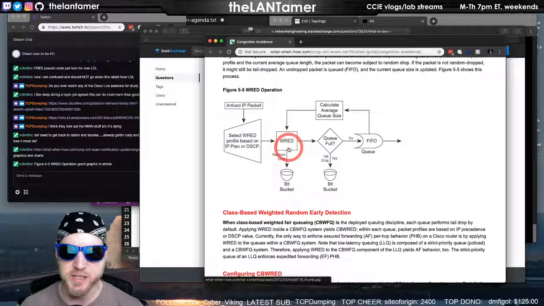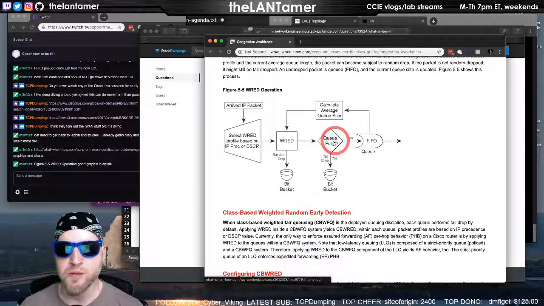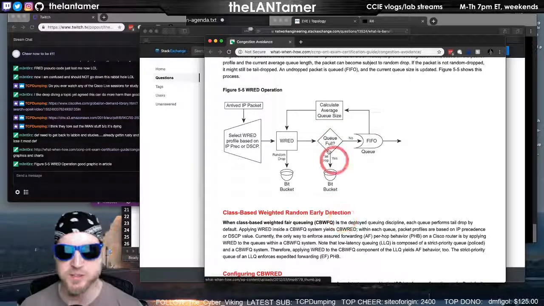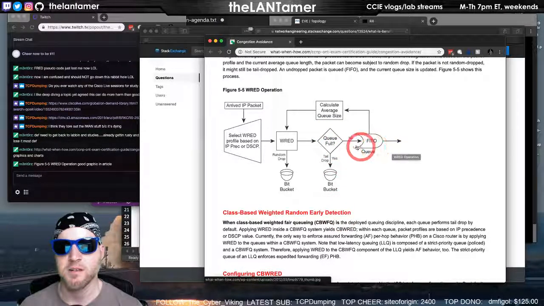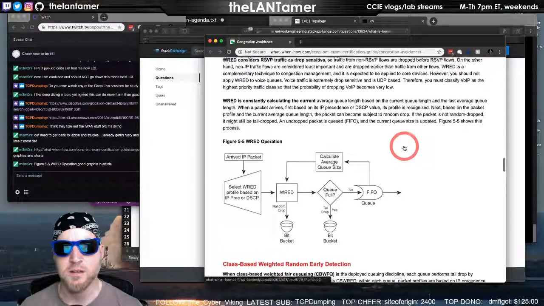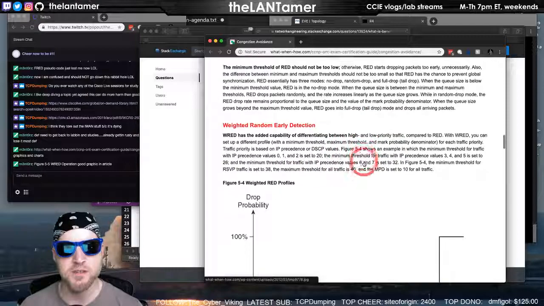Then it's going to do a random drop. Am I above the maximum average queue size? Tail drop. Okay. Yeah, these are our figures here.